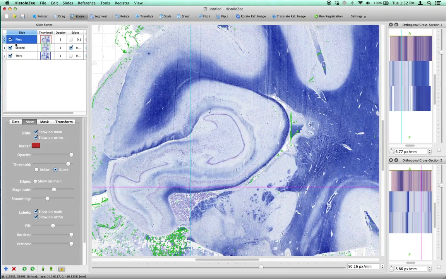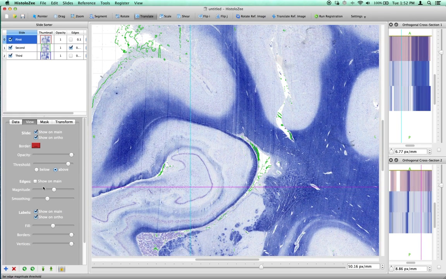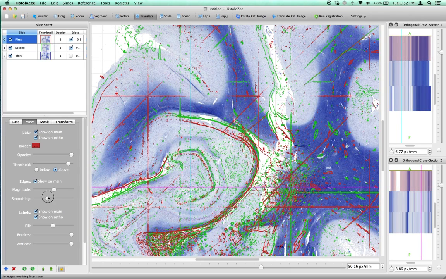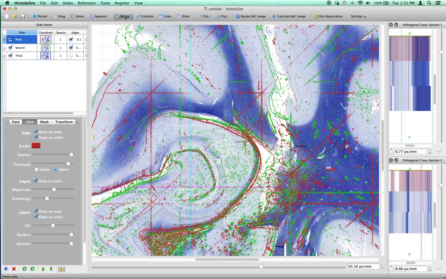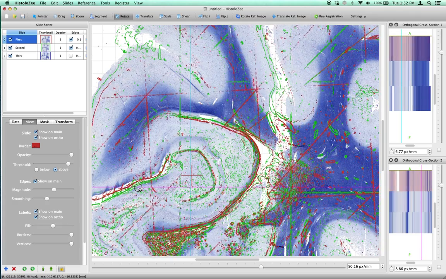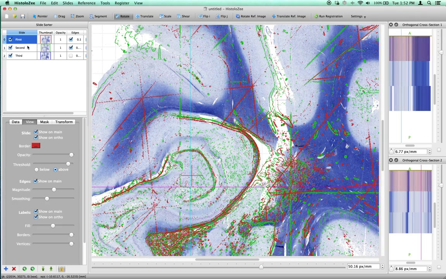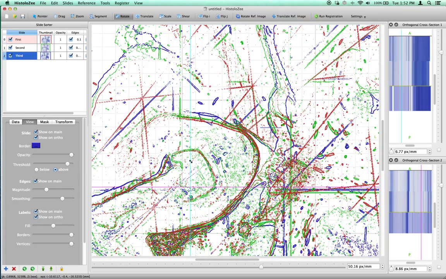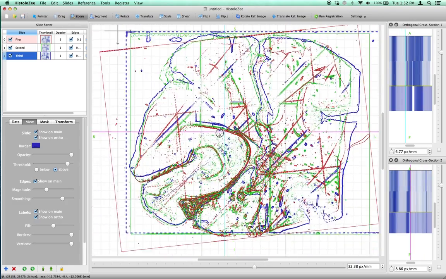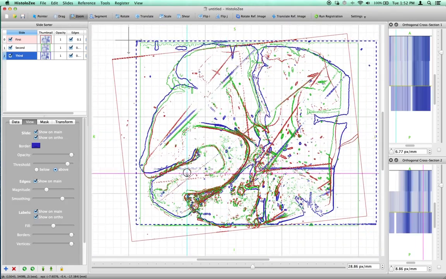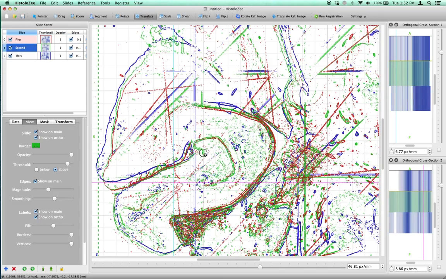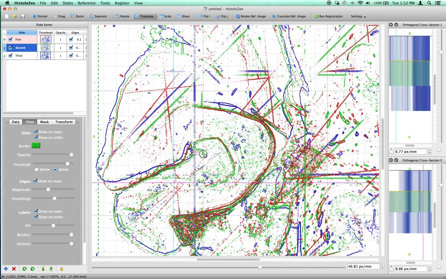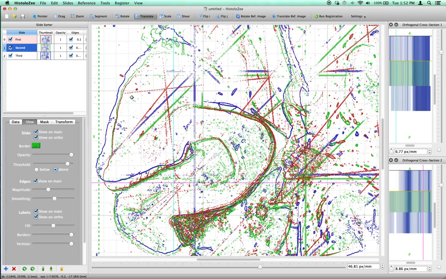And we can load our first slice on. Again, you can decide to put edges on to help us with alignment. And there's a pretty good initial registration of all of our slices. Of course, you could do better if you spend a little more time on it. HistoloZee is extremely helpful for interactive alignment